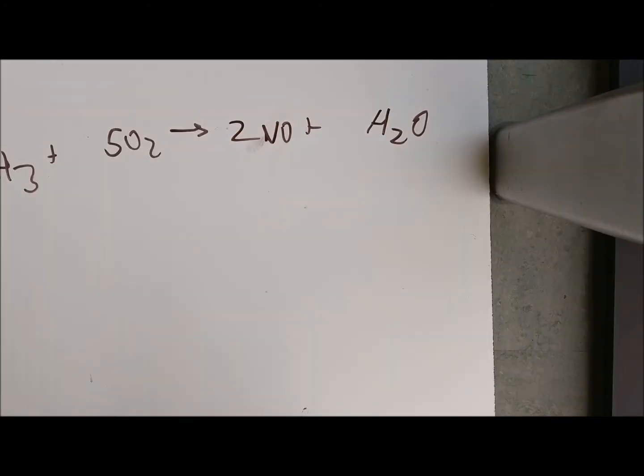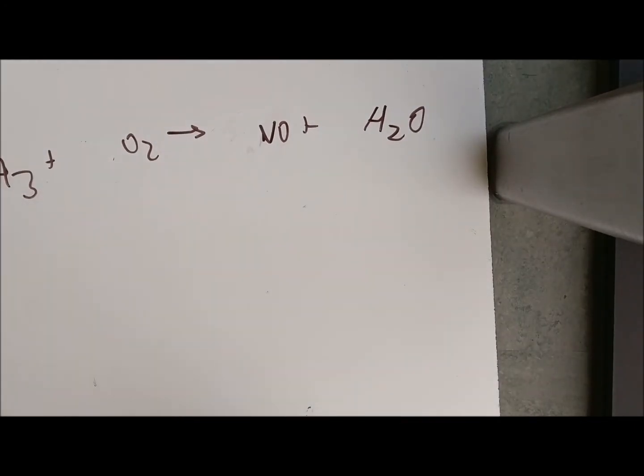So let's go into the next question. Alright, so this problem gives us NH3 plus O2 yields NO plus H2O. So we can figure out that nitrogen is going to be the unique element here, which means that the number of moles of NO and the number of moles of NH3 are always going to have to be the same. We have an even number of hydrogens on the right side and an odd number on the left side. So we're going to put a 2 in front of the NH3,